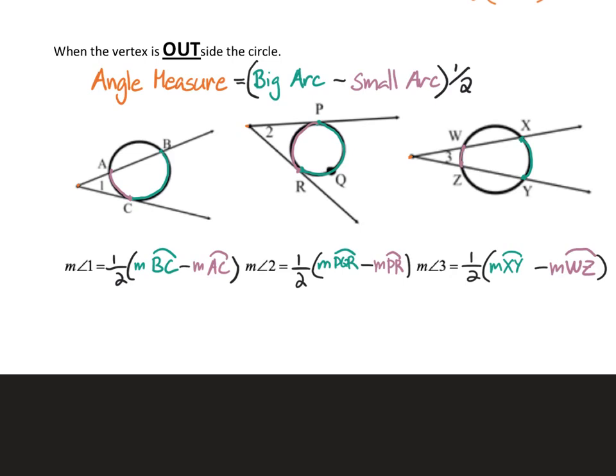Just make sure you're plugging in the correct number for the right part. And sometimes you'll be actually given the angle and you'll have to find one of the arcs. Or you'll be given part of your circle and you'll have to find another part of the circle. But you have all the information to figure it out, so just try to problem solve your way through the problems